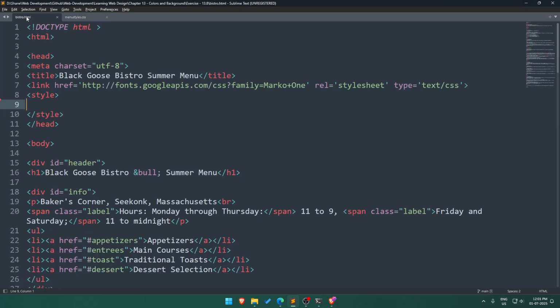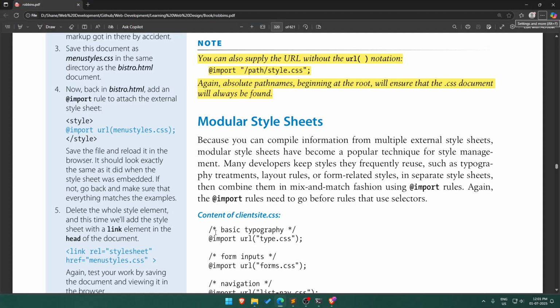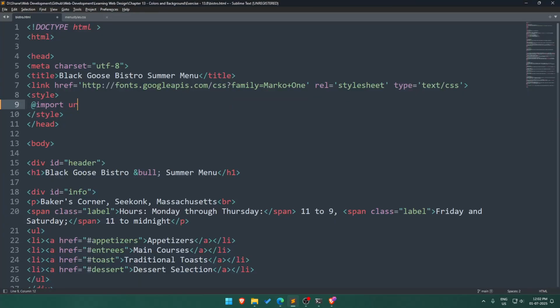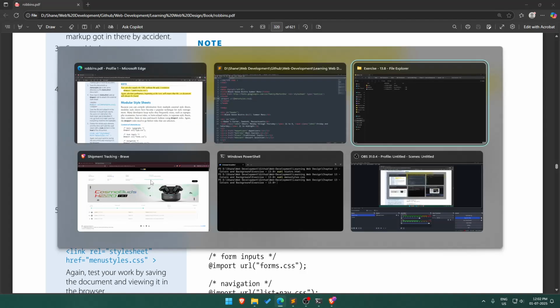So within the style I go at-rule import. This works like a function. Import, and then we provide the URL menustyles.css. Then it should look